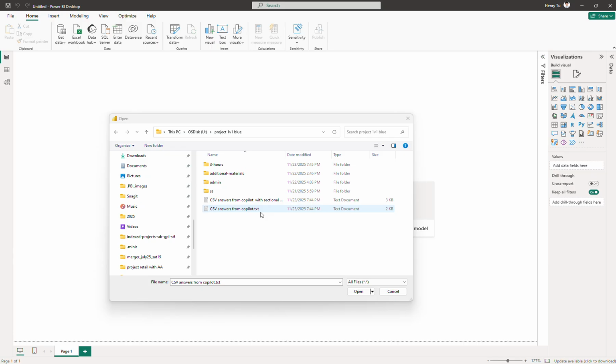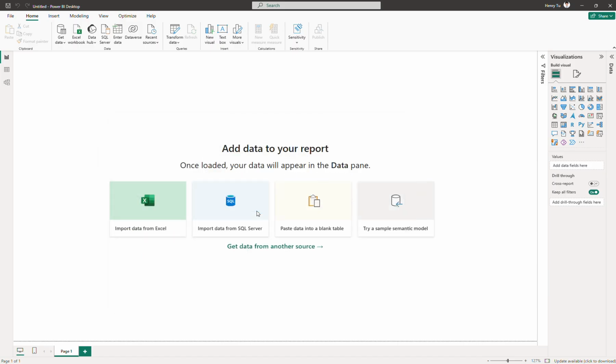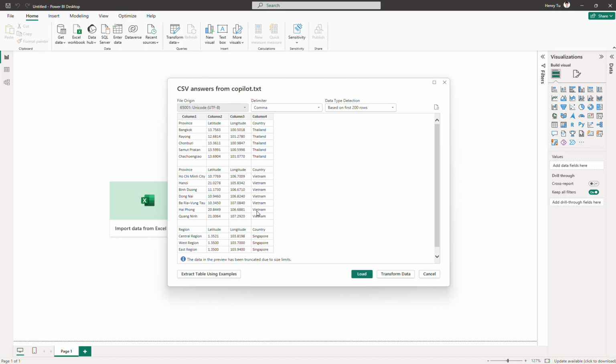Okay, so let us start with the first one. And this one is just a CSV file. This is just a text file already. But then I will show you how to read this file with Power BI. So basically, we learn how to handle the answers first, and then later we move on to how to produce them. Okay, so in here, if you load the CSV file into Power BI,